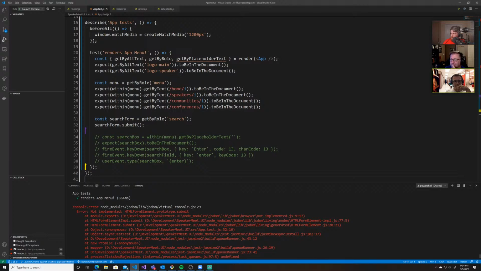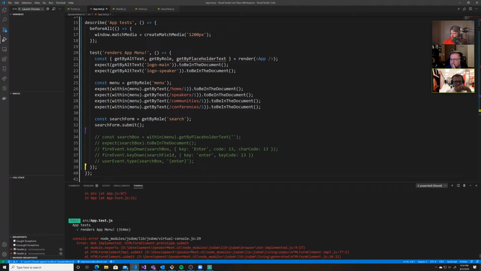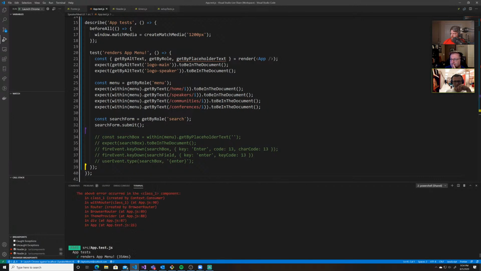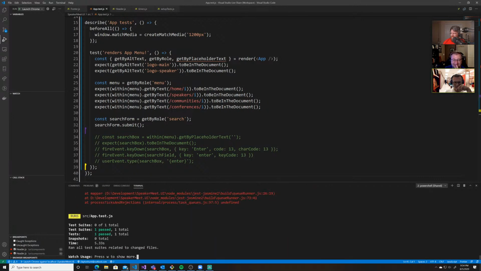Form element not implemented. Because it's a form element, not a form. Or, well, no, HTML form element prototype submit. Huh. It's not implemented. JS DOM is terrible. You don't have submit? How does it submit then? I've submitted all kinds of forms. By clicking on buttons, but how would it, I guess,